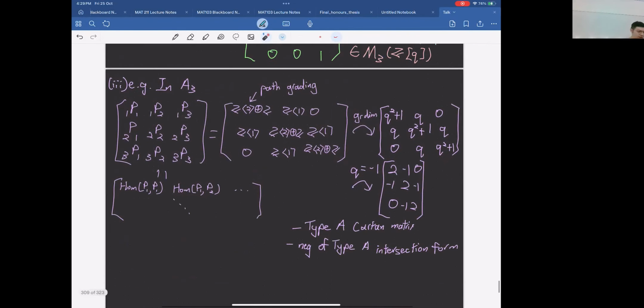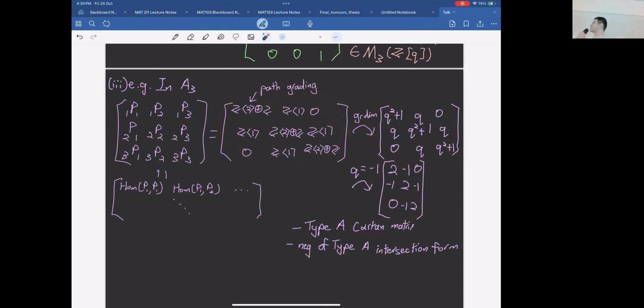Right. So another problem is if you collect all these, now the theorem that I told you, right? What is 1P1, 1P2, 1P3? If you collect this Hom space here, you can see this matrix of modules. But if you take graded modules, it reduces to some coefficient, I mean polynomial in Q. And if you substitute Q as -1, what do you see here?